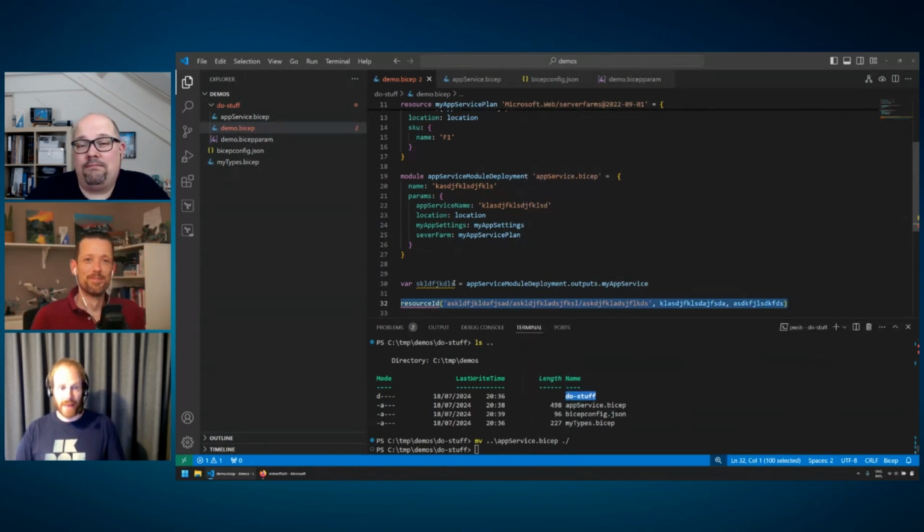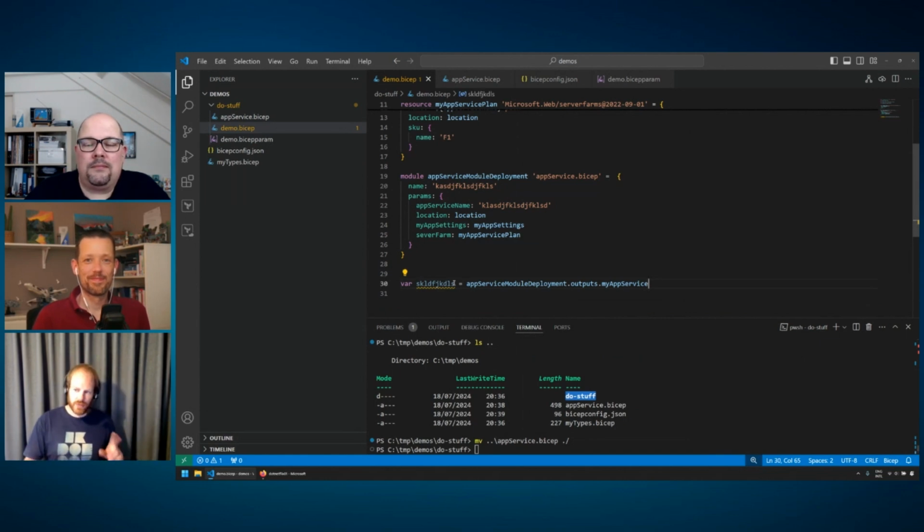Okay. Absolutely. And I think these two features, user-defined types and resource type parameters and outputs, bring more type safety to your templates. Yeah, exactly. Especially, for example, there are resources that have an ID property, which is, for example, a string local to that resource provider, and then they have a resource ID. If you take a resource ID, people can put in any random string and they will run into a deployment time error. You can prevent that with resource typed parameters and outputs.